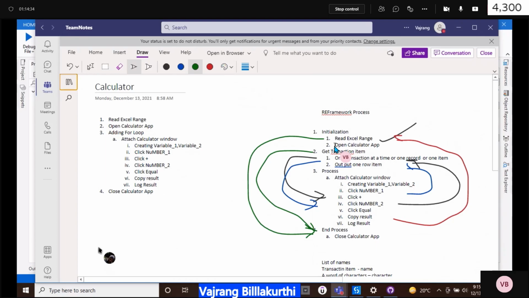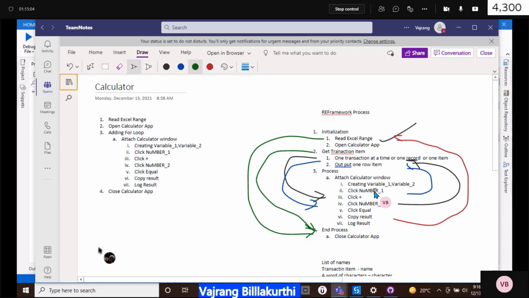But for doing the work, for example, clicking on number 1, when there is an error in clicking number 1, is that also a system exception? Even clicking itself is throwing an error.